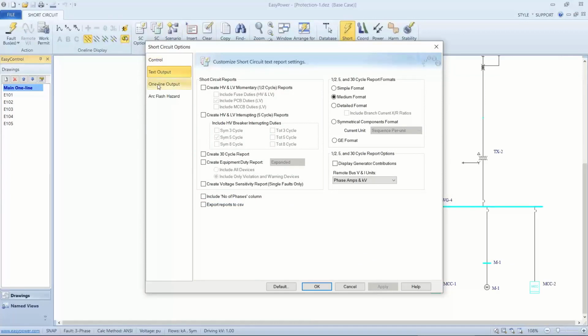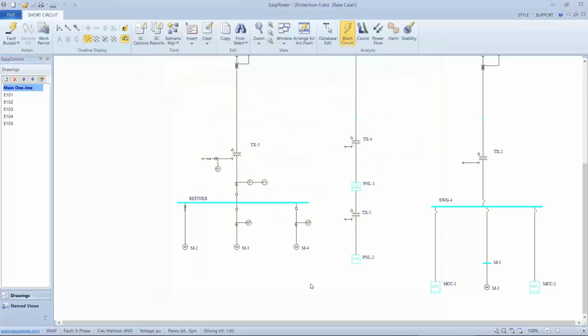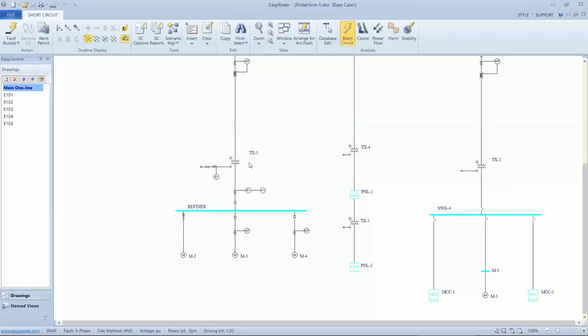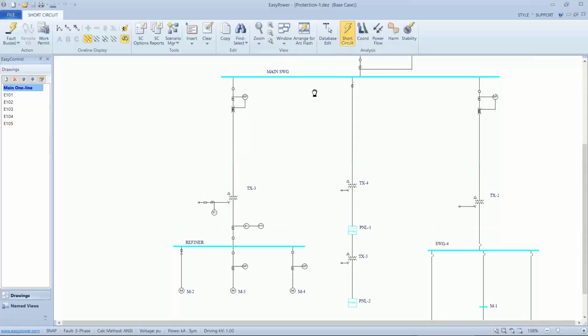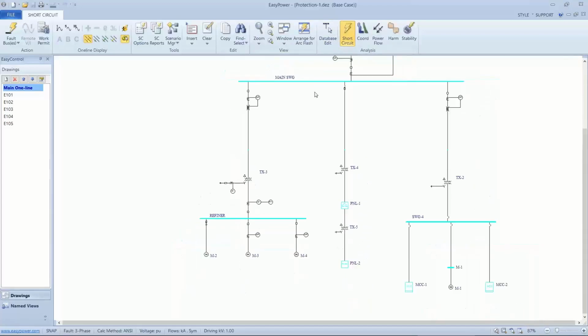Now, this may be a little cumbersome to include all devices in expanded format. Another way to get there, as far as the worst case scenario in each bus, is with the scenario manager. So if we have a more complex system that has multiple scenarios and we want to show with and without motors, we can create those